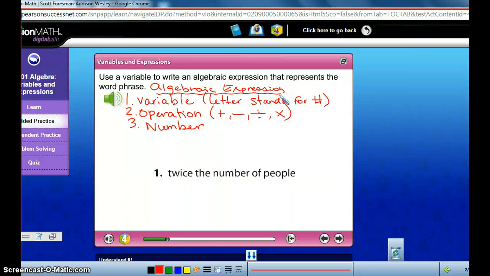Okay? So, for number 1 here, we need to come up with an algebraic expression for twice the number of people. First of all, twice the number of people. Twice means double or 2, right? And our variable, what we're solving for, is people. So you know what letter I'm going to use? P. P for people. So, twice the number of people. I would have 2p, and that means what? Austin, what does 2